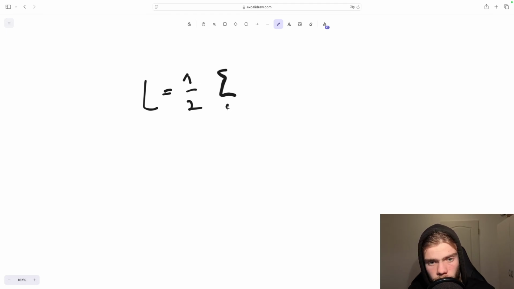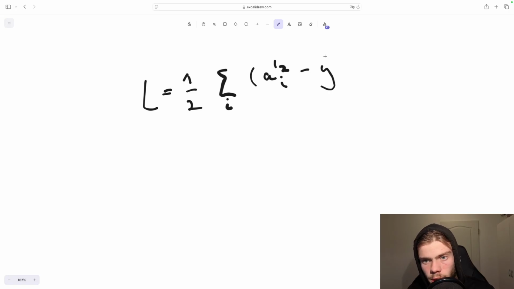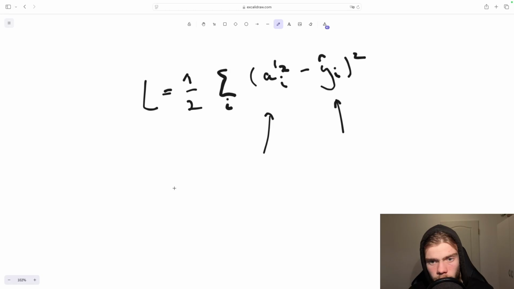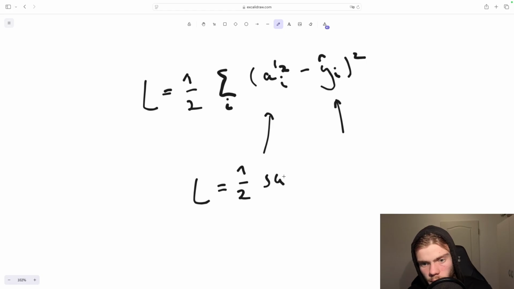And I introduce a parameter i, and then the activation of layer 2 at index i minus the y hat at index i squared. So the activation of layer 2 becomes in the batch case a vector, and this becomes a vector as well. So in this vectorized form, it would just be L is equal to 1 over 2, and then the sum over the difference between A layer 2, the vector, minus y hat